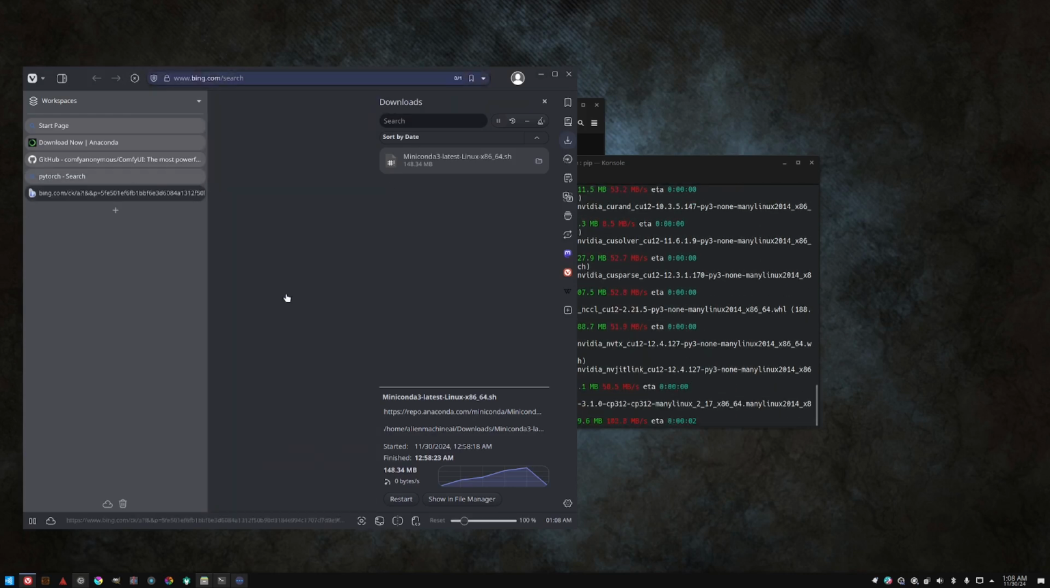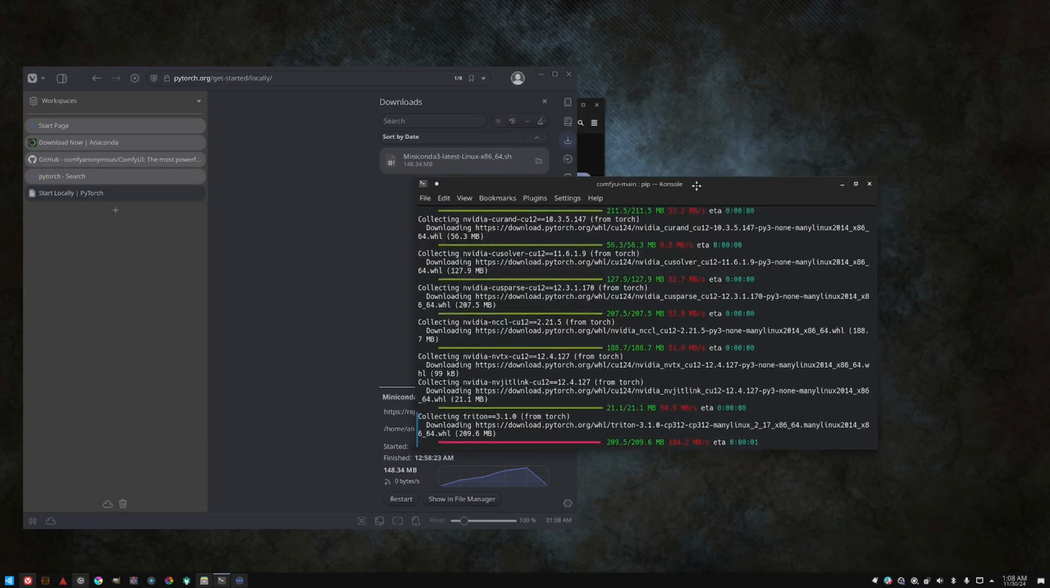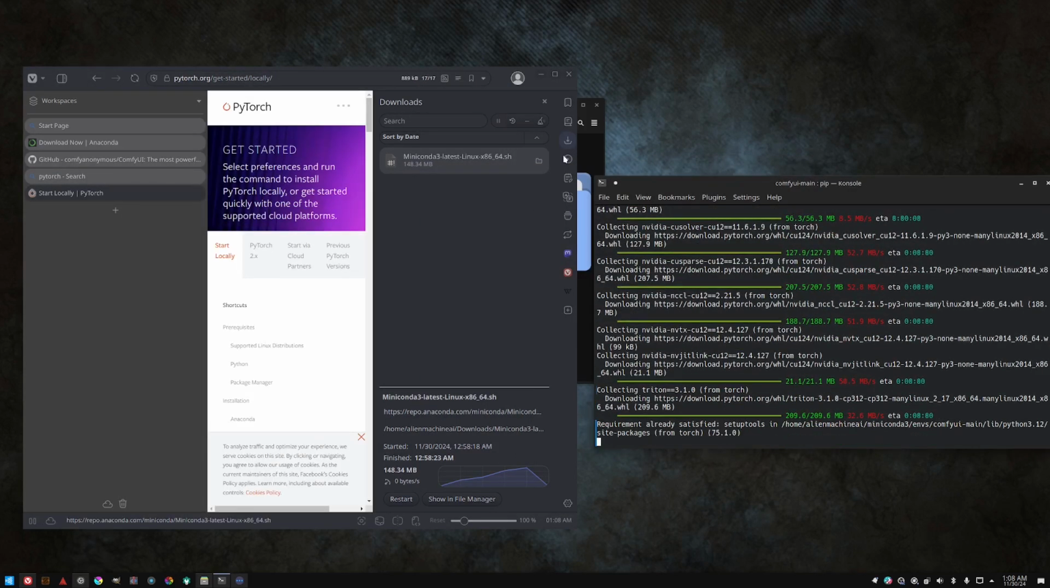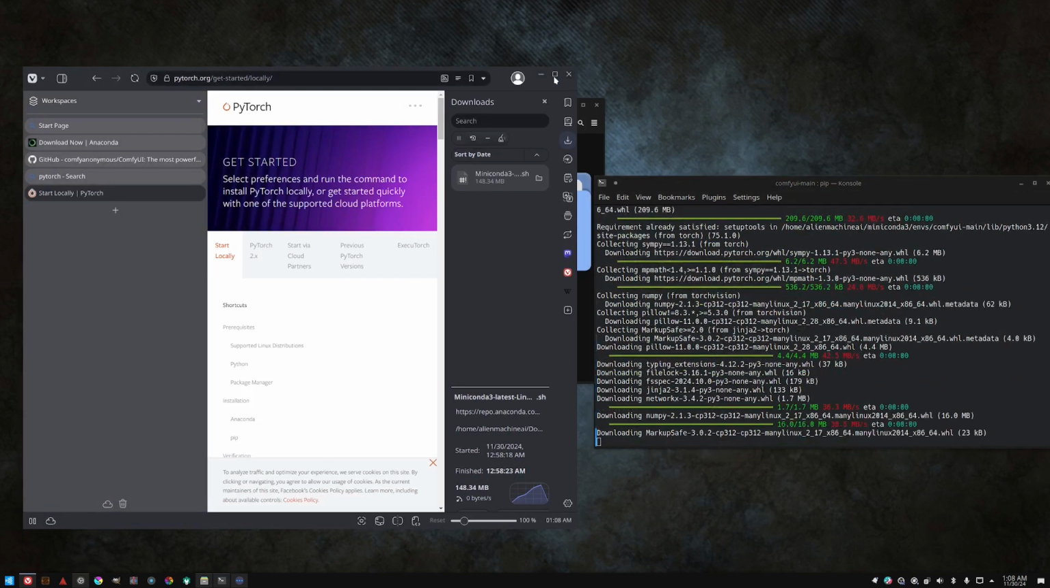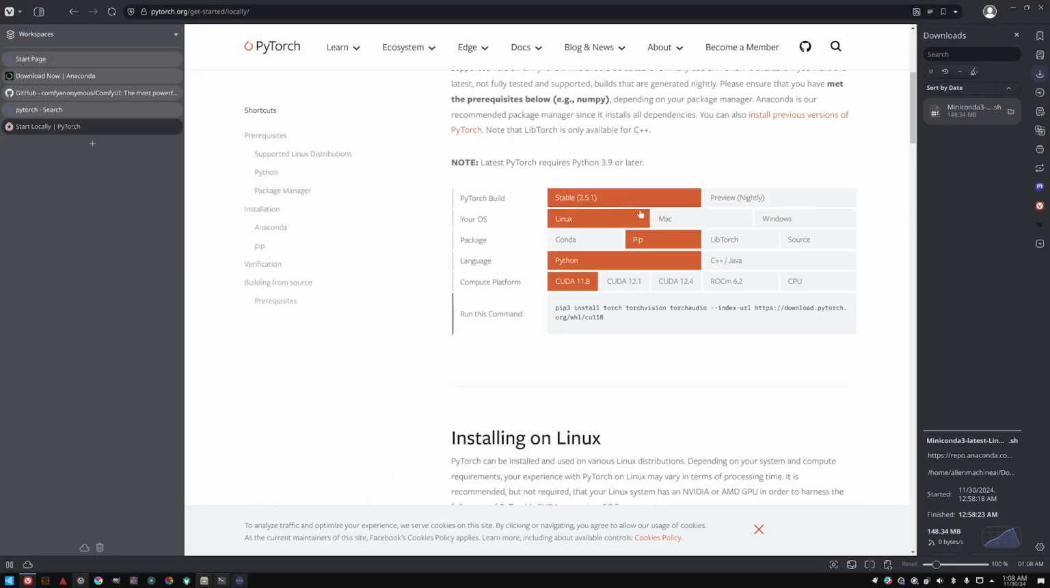Page called Start Locally, which has a little tool to form your command as well. If you want a different setup, you can use this tool on the pytorch.org page to have the nightly